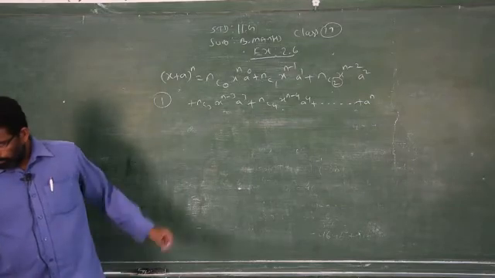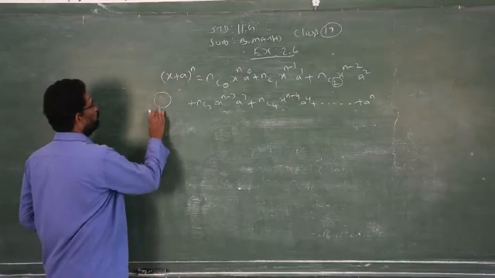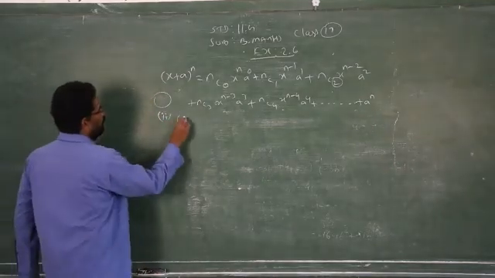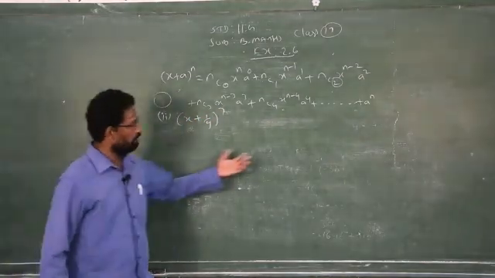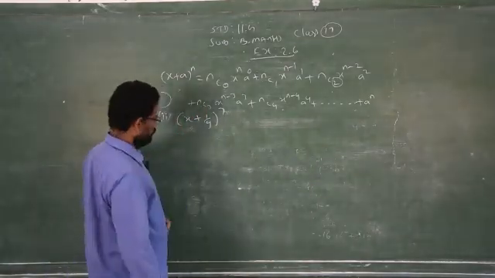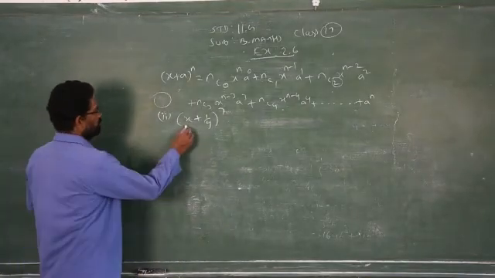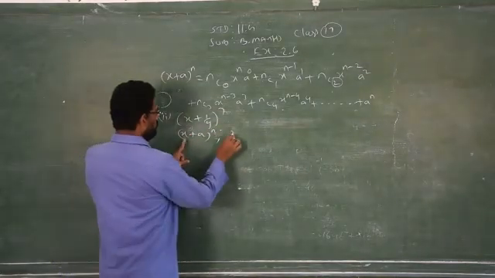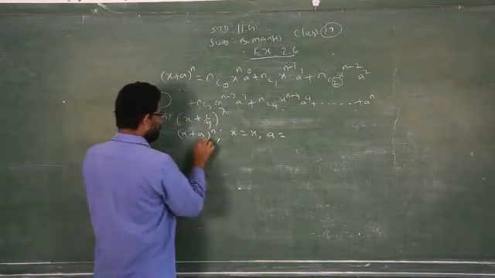Then we will go for another problem, sum number 2, that is (x plus 1 by y) whole to the power 7. So it will come a little lengthier. I will write down the formula, and you complete and do the calculations at home. So you just have to compare x plus a whole power n. That is the basic rule. So what is our x? X is replaced by x only, whereas a is replaced by 1 by y.